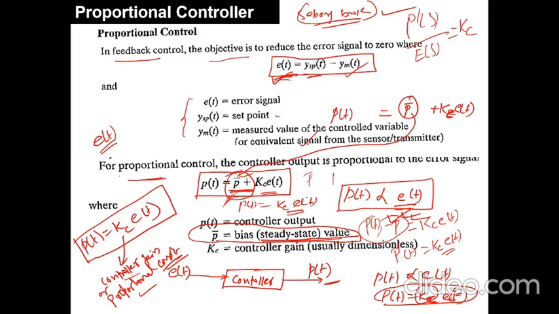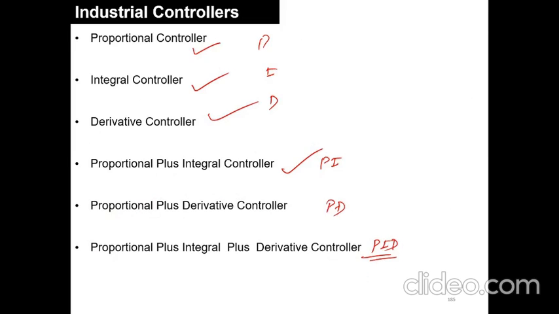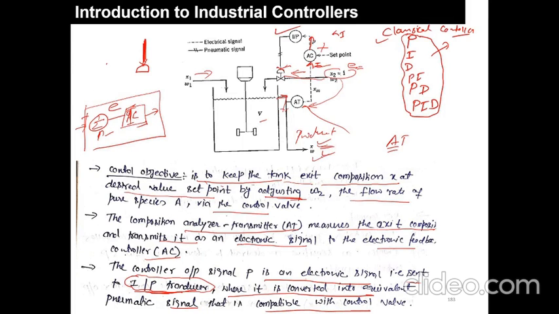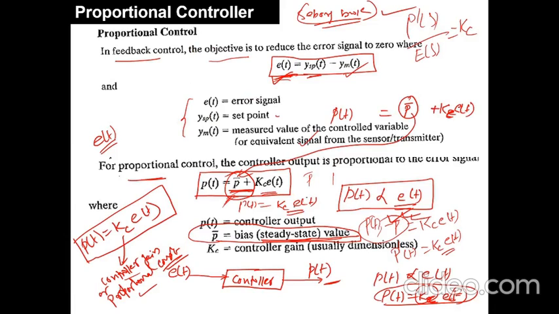The error is calculated with the help of the block diagram. You can see from this picture, the error may be calculated from the feedback and the set point value. That value is set point minus measured value, and the control signal of the controller is directly proportional to that error. Some bias value is added to that. I've already told how and why this bias value is added here, right?